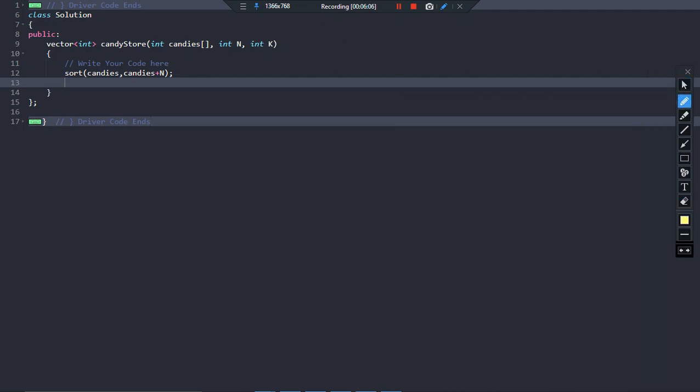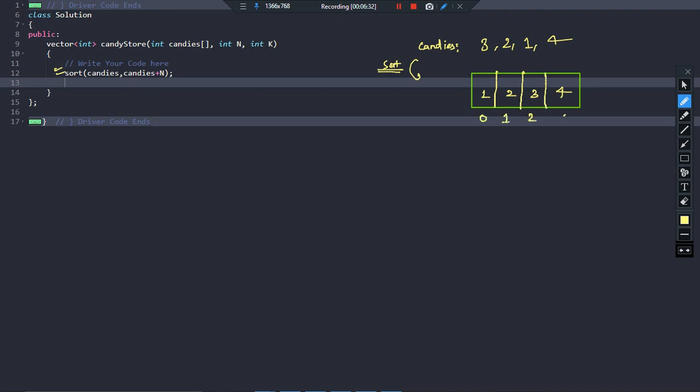I have an array of candies, and the elements stored are 3, 2, 1 and 4. The very first thing I am doing is sorting them. Once you sort them, what will you get? After sorting you get 1, 2, 3 and 4. If you focus on their index values, this is index 0, 1, 2 and 3.